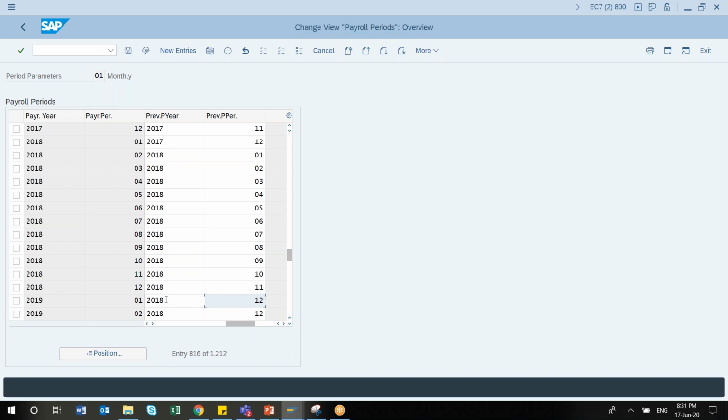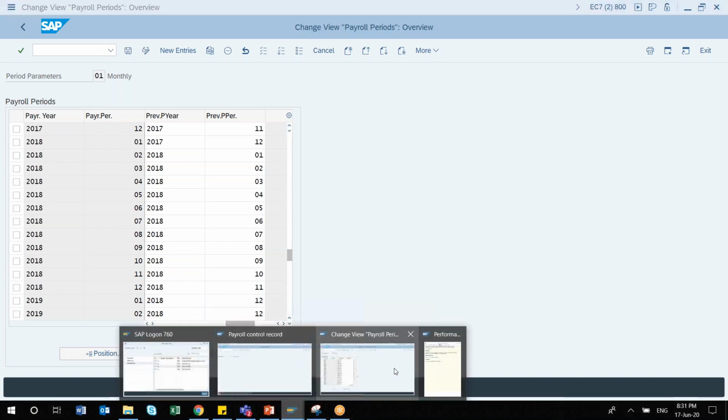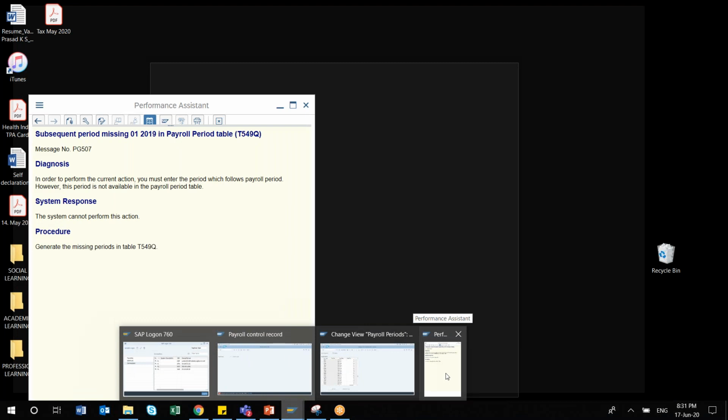Somebody might have changed this. So what is the error saying? Just read it again. Period 01 is missing. In order to perform this transaction, you must enter the period which follows the payroll period. However, this period is not available in the payroll period table: 01 2019.